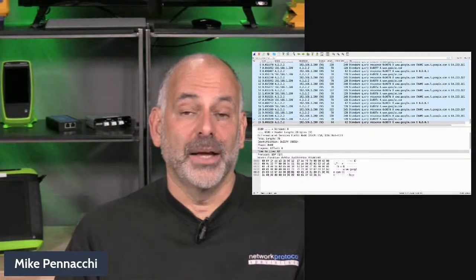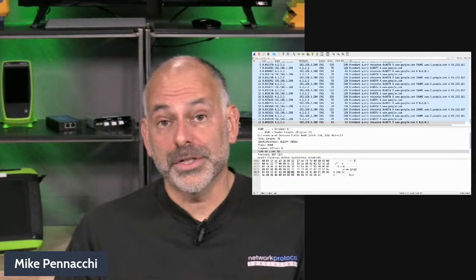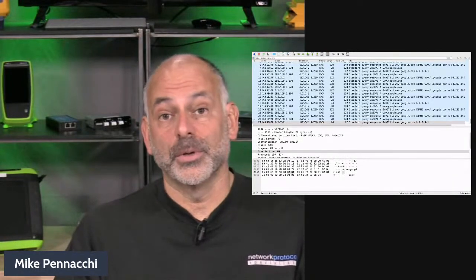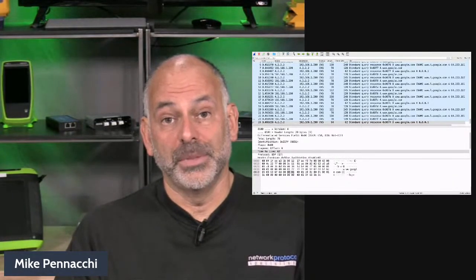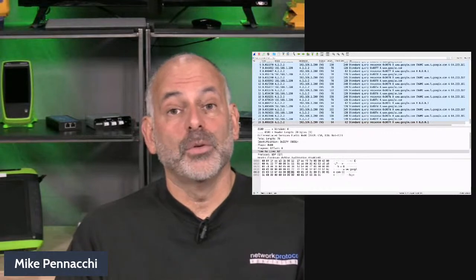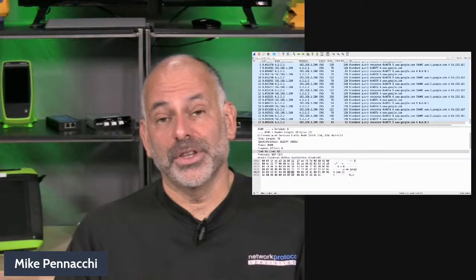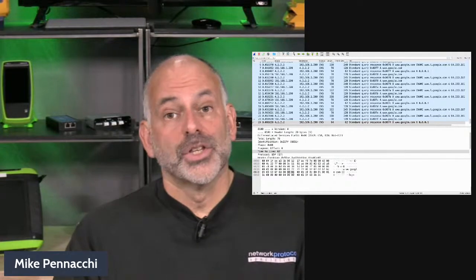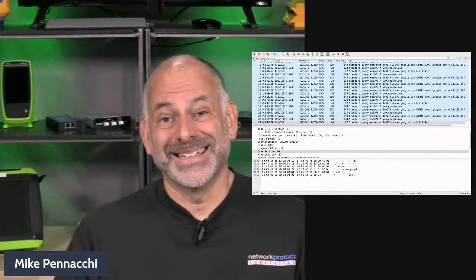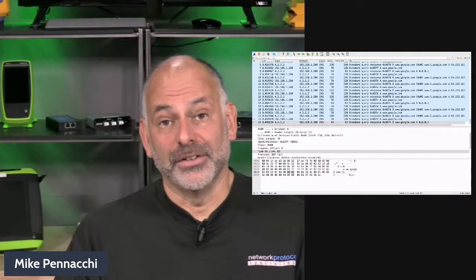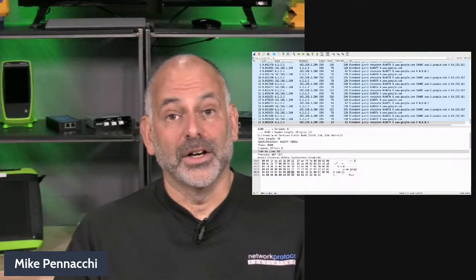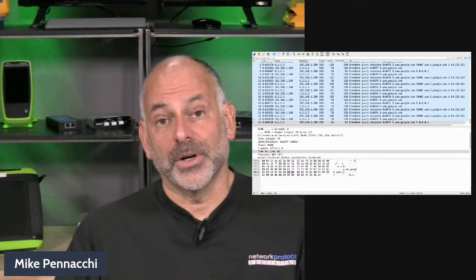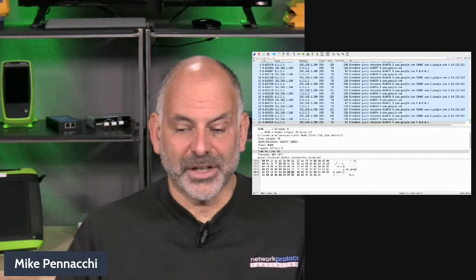So oftentimes we run into firewalls, we run into load balancers, we run into other devices that could be in the middle of the network that could be responding as if they were the device at the far end. So by going in and looking at things like the IP time to live, we can get an idea. Are we actually getting a response from the same device? That's kind of one of those little tricks I've learned over the years for being able to go in and take a look at that.